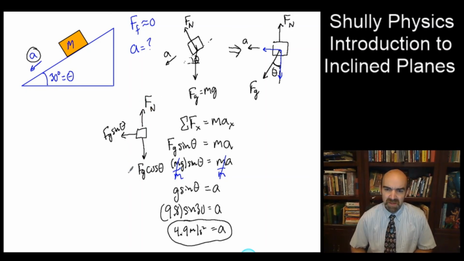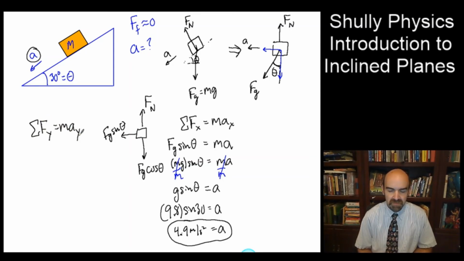So I'm going to take this moment to talk about the y direction, and I'm not going to do anything fancy. I'm just going to sum the forces in the y direction. That's what Newton's second law tells us to do. And what do we find? In the y direction, we've got normal force up and Fg cosine theta down. So normal force minus Fg cosine theta